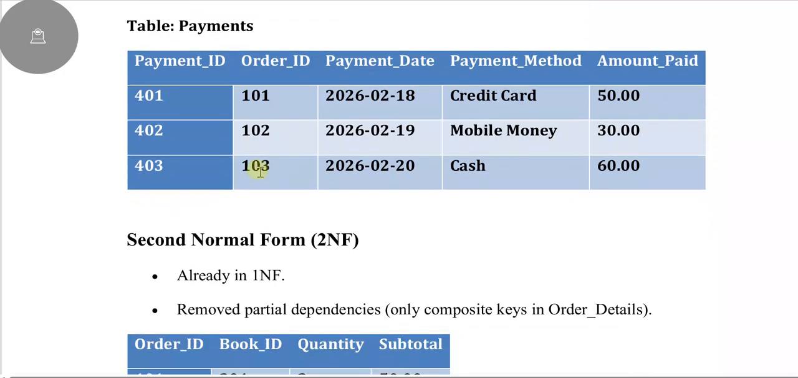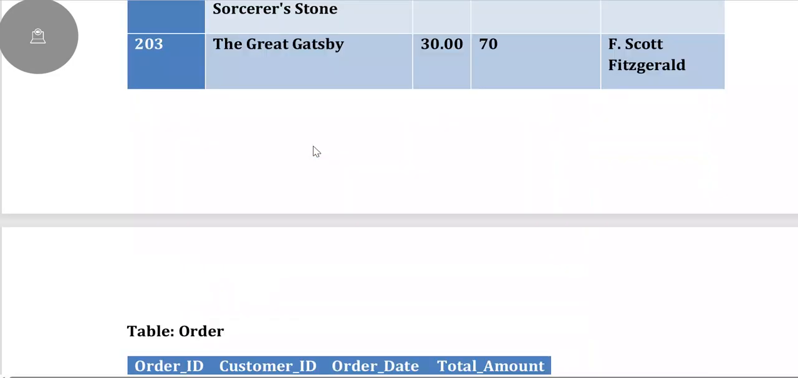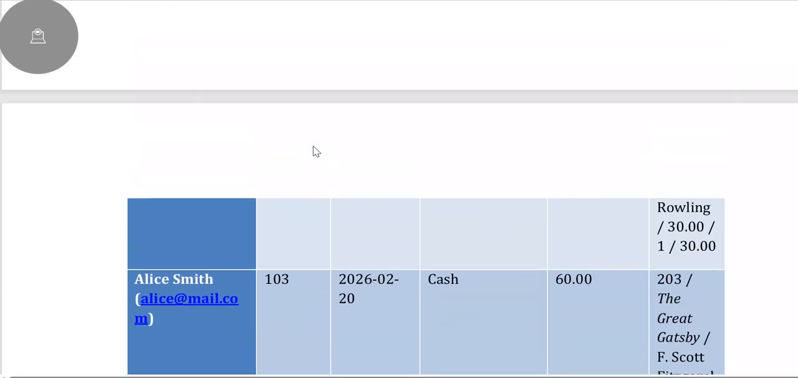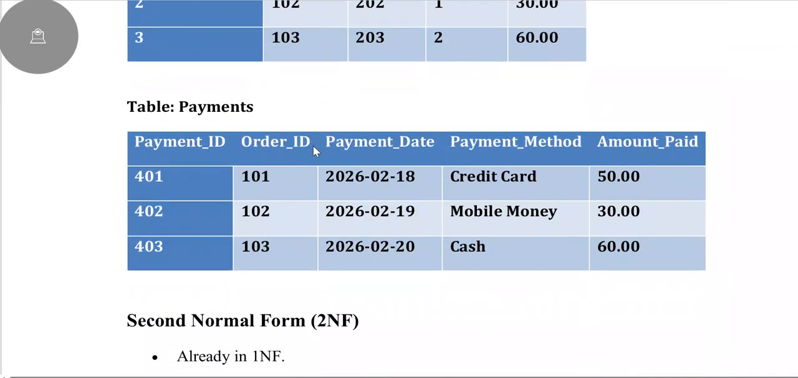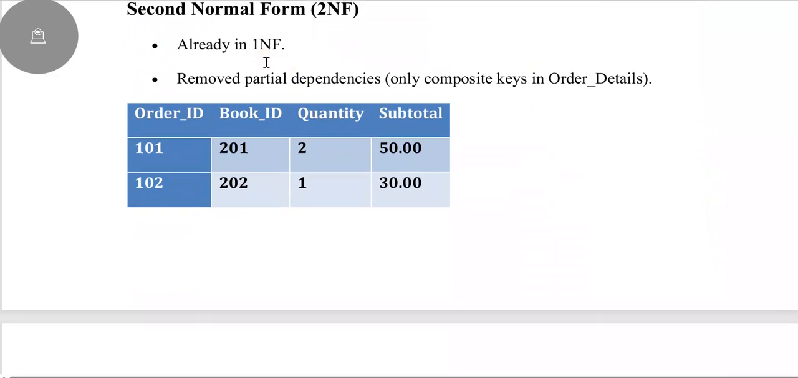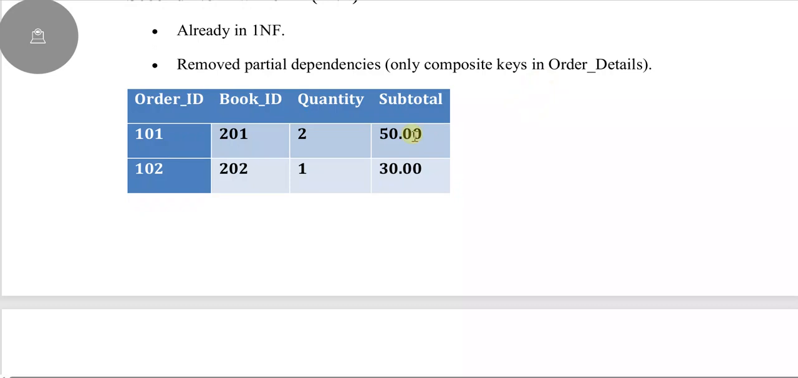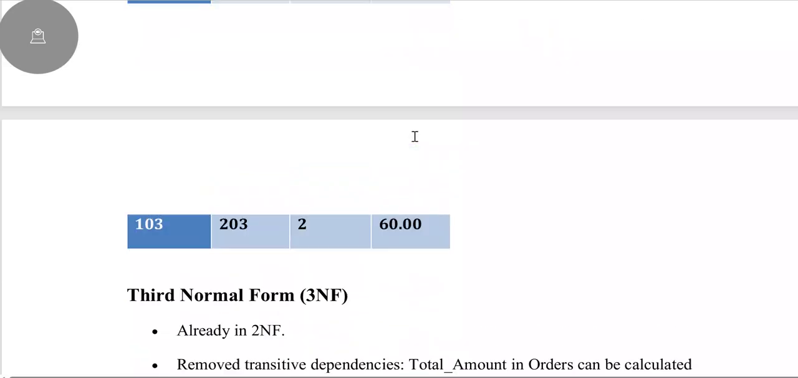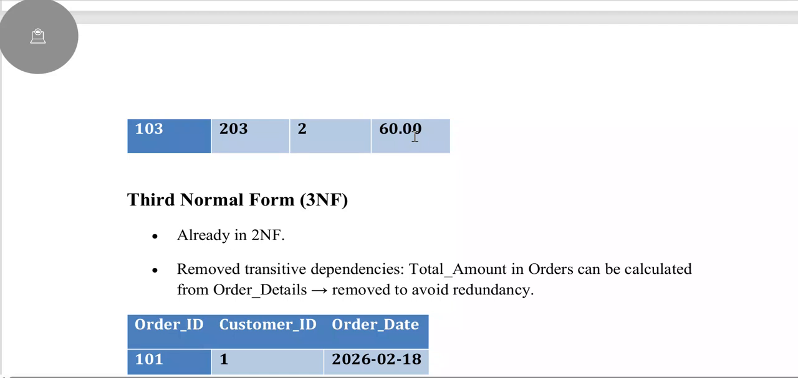In the first normal form, what we have done is to remove this data redundancy and integrity issues. At the second normal form, we are going, as we are already in the first normal form, to remove the partial dependence on the composed key in order details. And then in the third normal form, as we have finished the second normal form, we remove